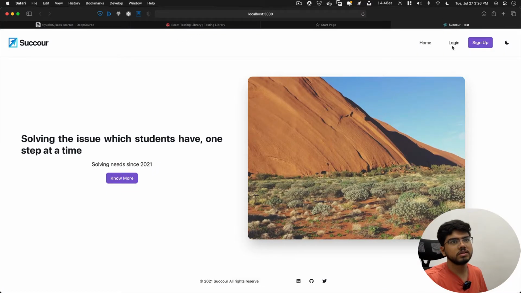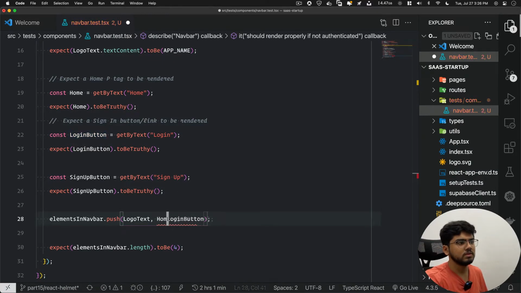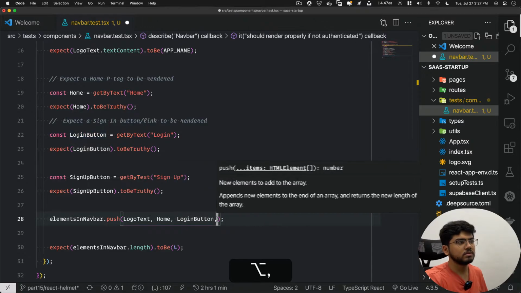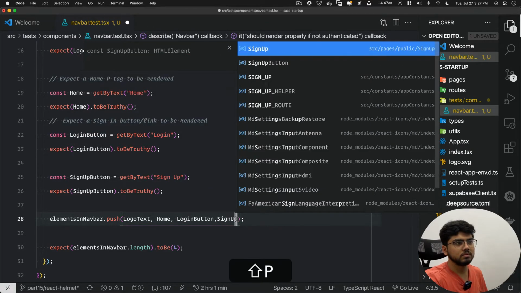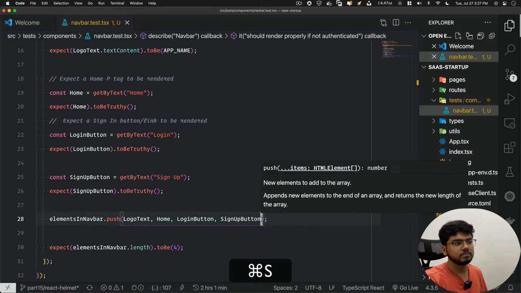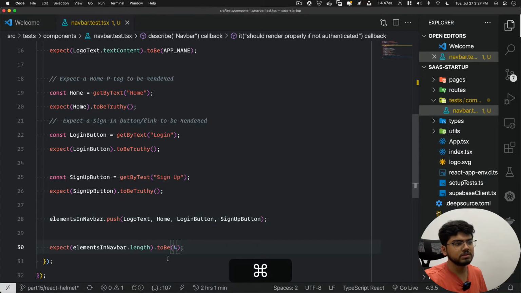We'll do it the way it shows, home button first, home, login button, and sign up button. So these are 1, 2, 3, 4 elements, and it will run obviously.